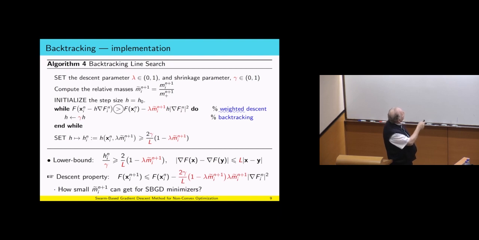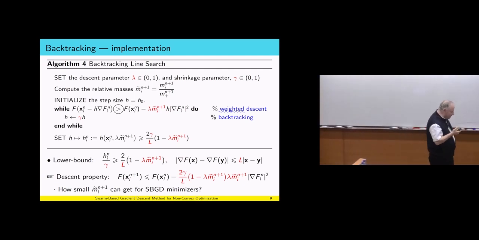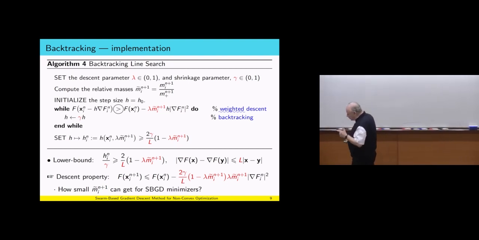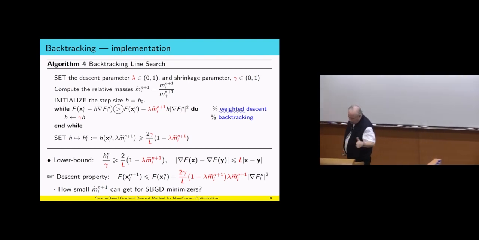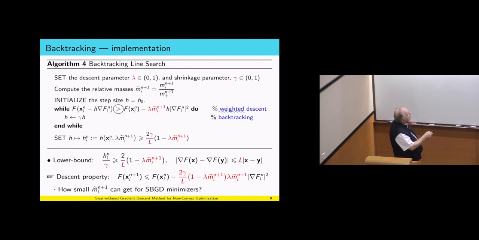you see, we know that we fail this inequality. This inequality is satisfied not for h, but for h over gamma. Now, because of the descent property, what we get is that h over gamma cannot be too small. If it were too small, then we would have the reverse inequality. So, since we have this wrong inequality, the step that we are having cannot be too small. So without accessing the Lipschitz bound, we know that by this backtracking, our step size is at least of this kind of size, which has to do with the mass, relative mass, and the Lipschitz bound, even though we do not have access to the Lipschitz bound.